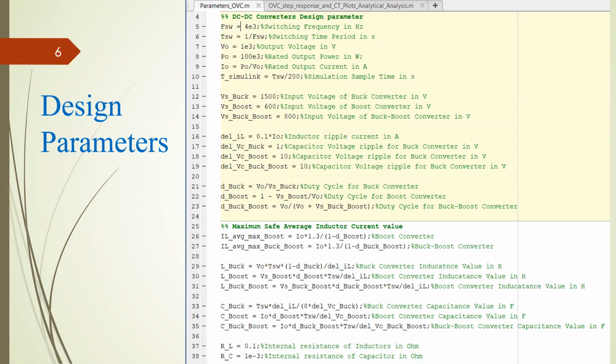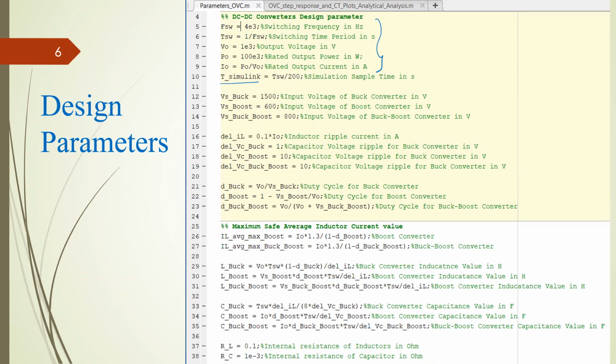Now let's see our Simulink model and the Matlab script. It is a similar Matlab script to the one we saw in the fourth video, where we validated our inner current control loop. So these parameters are the same, and here there is a change: this time, since there are a lot of